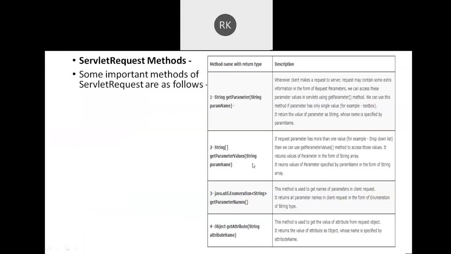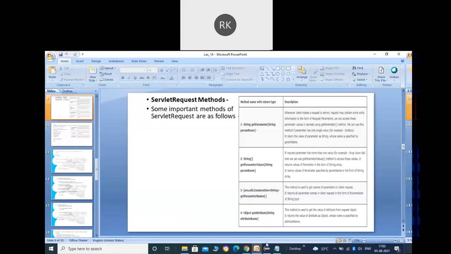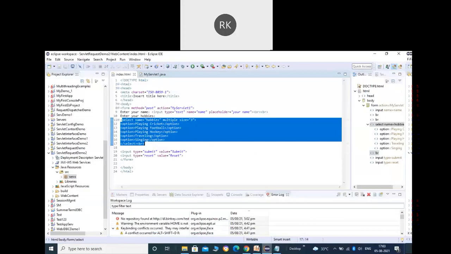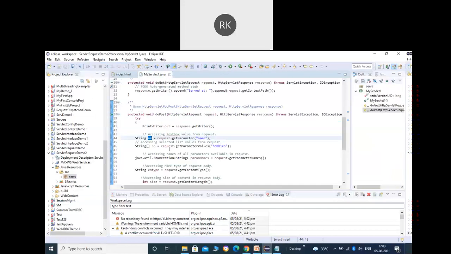The next is a drop down list where it has the option of selecting multiple values. And if you remember, let's see here. You can see if your parameter is going to return more than one value, then we can use the getParameterValues method. And here it will return you an array of string.